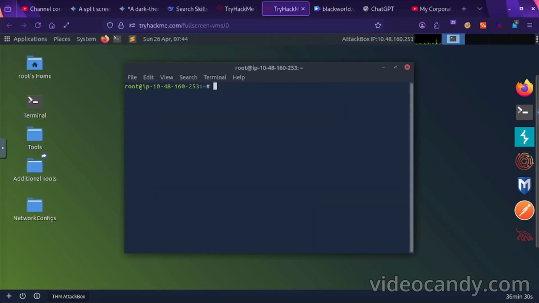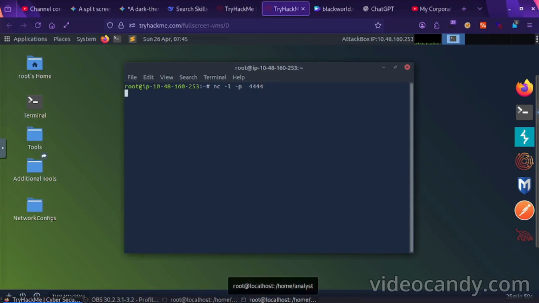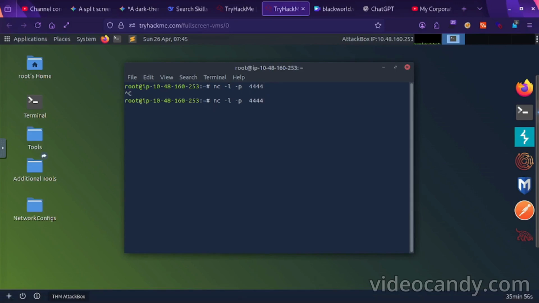Now if the victim wants to send a file to the attacker, the attacker has to type nc -l -v and the port 444, and the txt file name where it will be saved. This is listening on port 444.